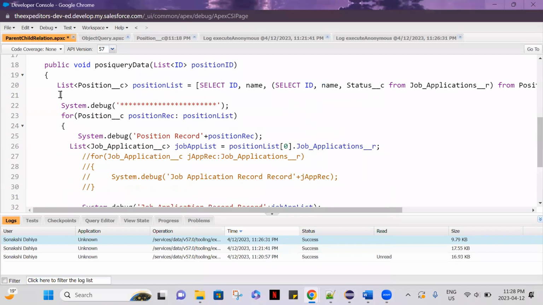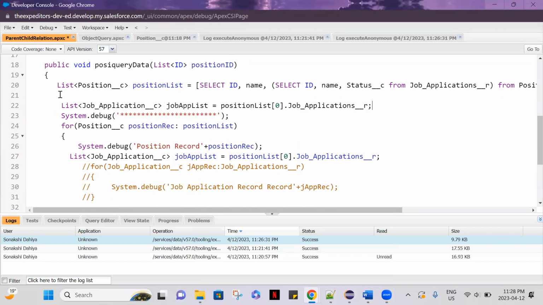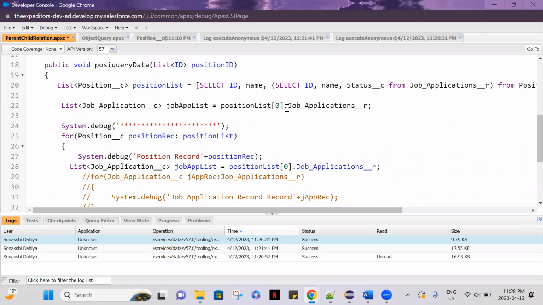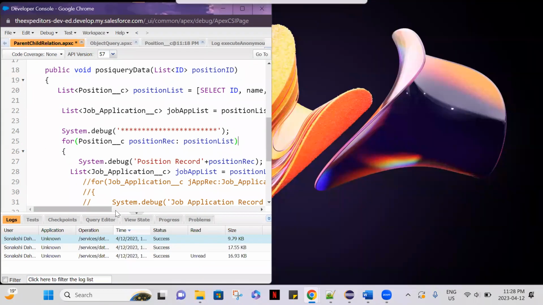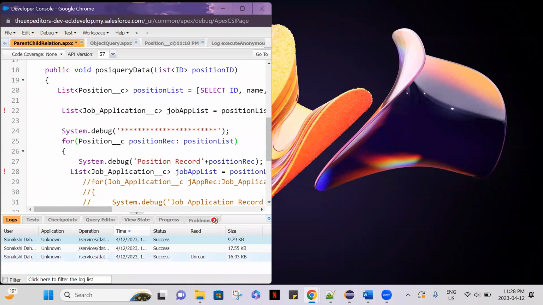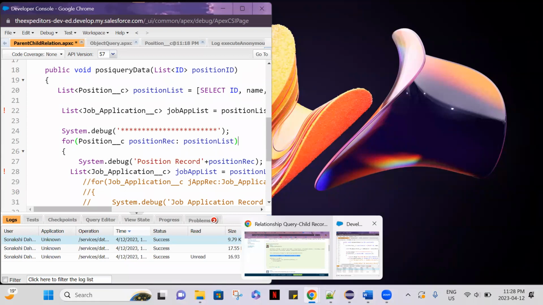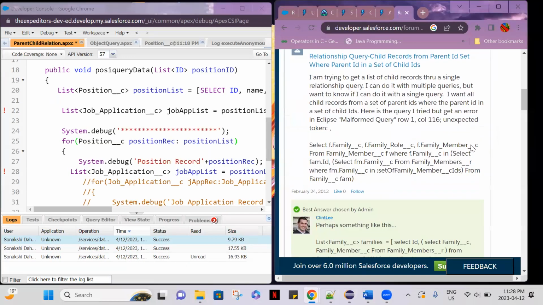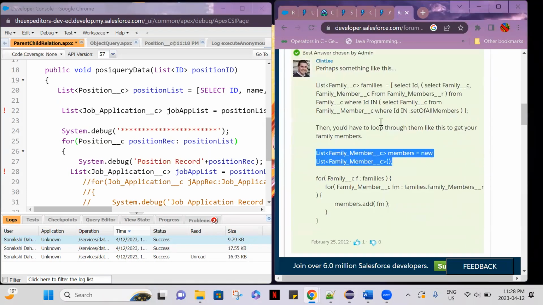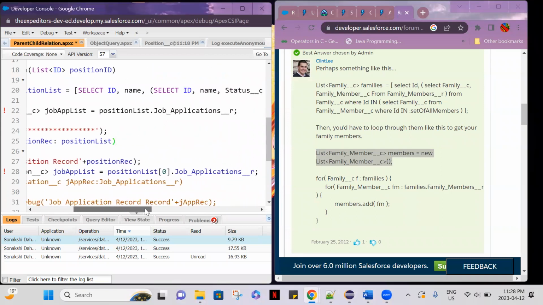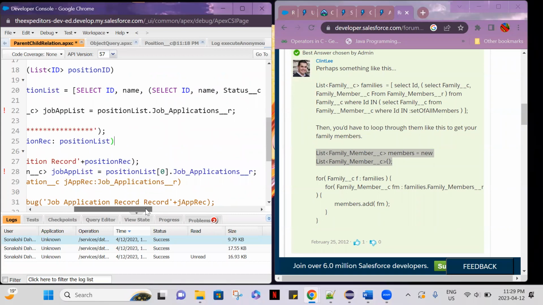So we will be able to fetch the record, but we need to create one more list for job application and store the values. Job application equals to